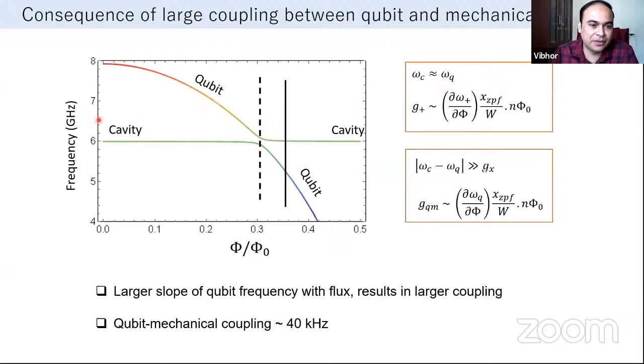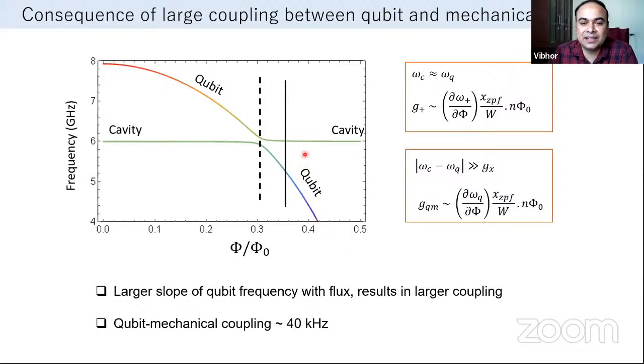So what you see on this plot are the eigenvalues of the system as the qubit frequency is tuned. Okay, so the 4 kilohertz coupling we obtain is somewhere here, where the slope of these modes is somewhat smaller. In principle, if you detune the qubit further away, you can operate at a much larger slope of frequency with respect to flux and get much larger coupling. The disadvantage of such an approach, of course, is that now the cavity mode is more or less flat, so you can't do a direct single-tone spectroscopy on it. So you have to resort to some kind of two-tone spectroscopy to establish electromechanical coupling.